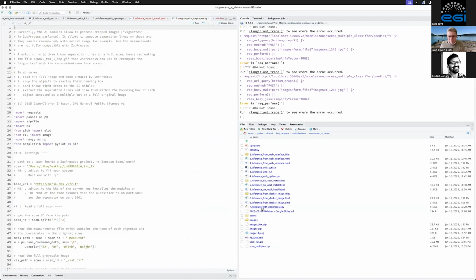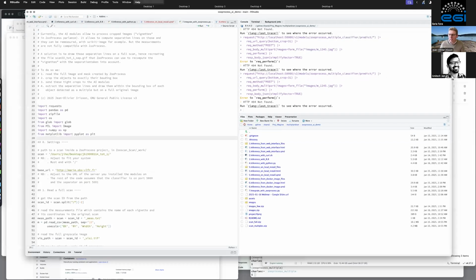And the last thing that I want to show you is that currently what I've done is send a few images, send a few vignettes, get the separation from them, and then optionally in Python, I've shown you how you can extract measurements that make sense, okay? But what you might want is to have exactly the same measurement as what ZooProcess does. So to do this, if you look at,